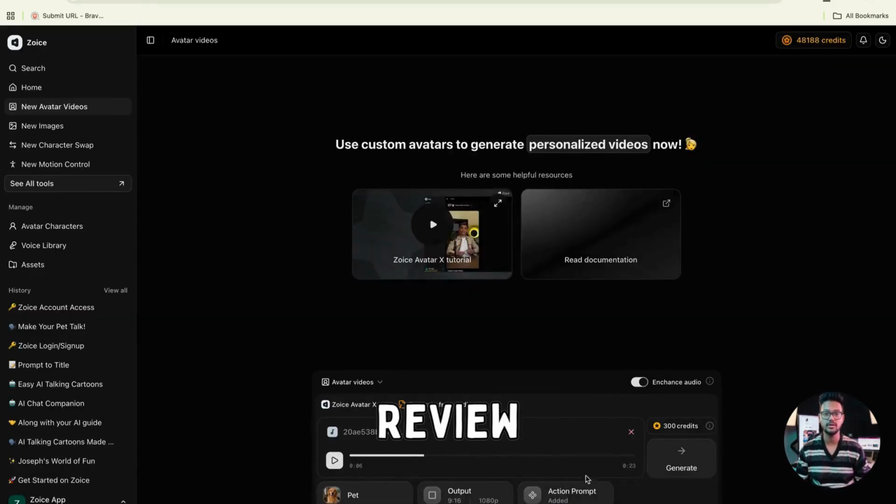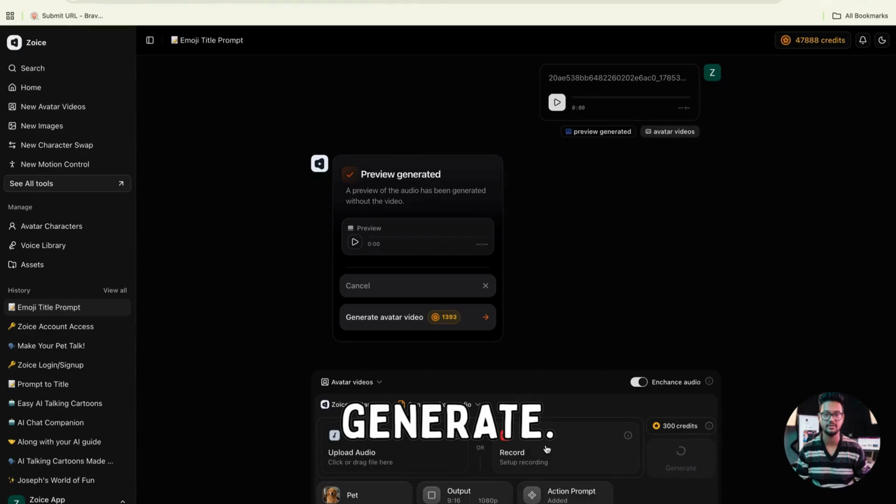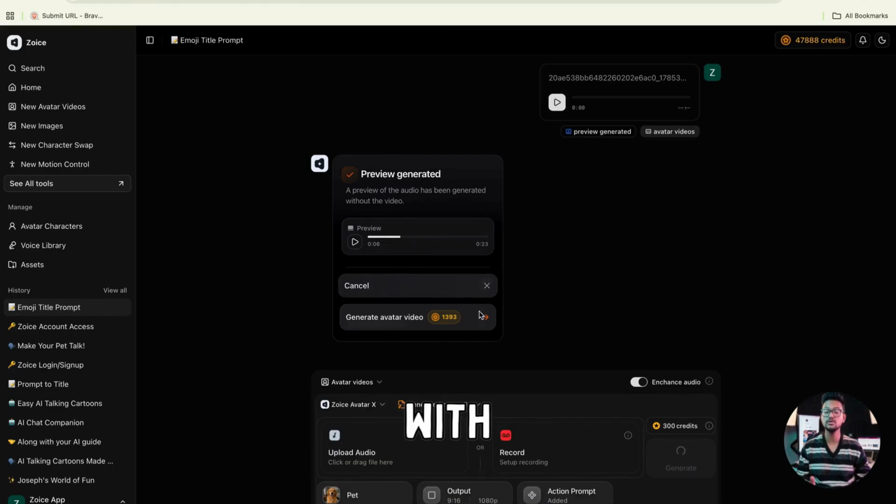Before continuing, quickly review all of your settings. Make sure your uploaded audio, output settings, and action prompt are all configured correctly. If everything looks good, click Generate. After clicking Generate, Zoice will first create an audio preview. Play the preview and listen carefully to make sure you've uploaded the correct audio and that the voice sounds exactly the way you want. If you'd like to make any changes, you can upload another audio file before generating the final video. Once you're satisfied with the preview,